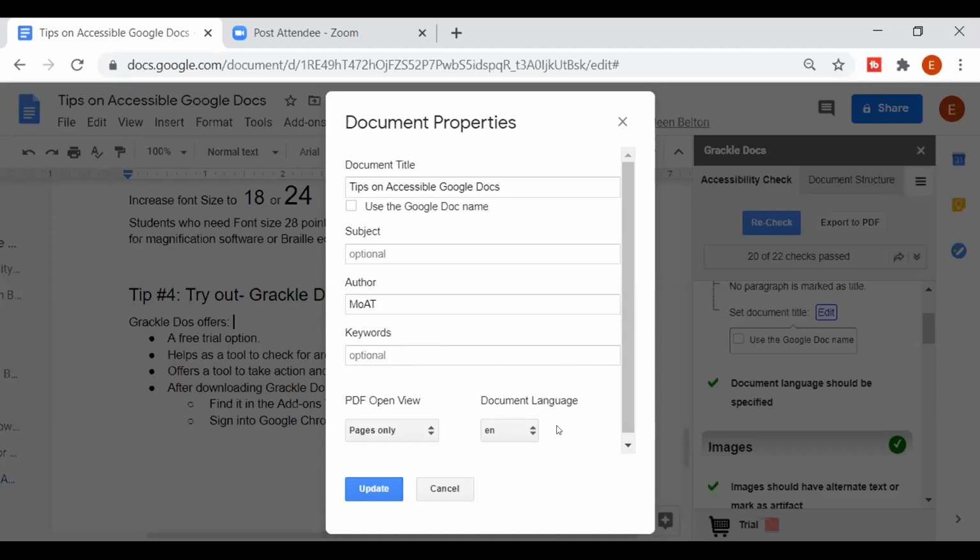The language for the Google Docs. The screen reader actually can read in several different languages. And so if it knows what language you want it to read in, it will have the proper dialect. Like say, for example, if it's Spanish,